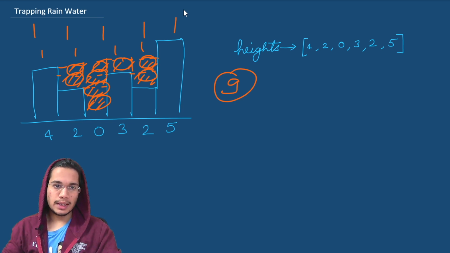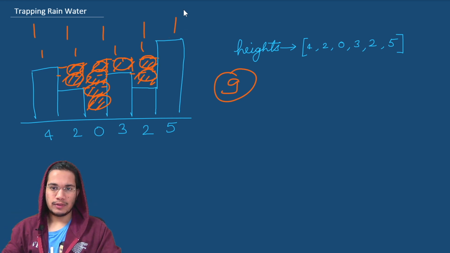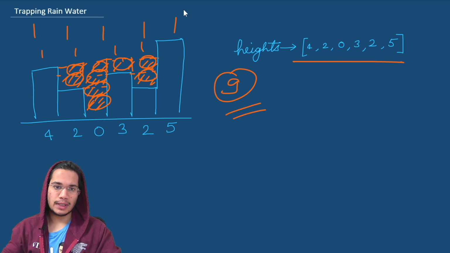Now another important thing to note is that water cannot get stored on the extreme buildings. For example, nothing can get stored here on top of this building. Water will simply fall from the left-hand side as there's no support towards its left, and no water can get stored on top of this building because it may easily fall to the right-hand side. So it's only between two barriers, or between two tall buildings, that water can get stored. So given the heights of these buildings, we are required to find the total units of water that can get stored in between them, where every building is 1 unit wide.